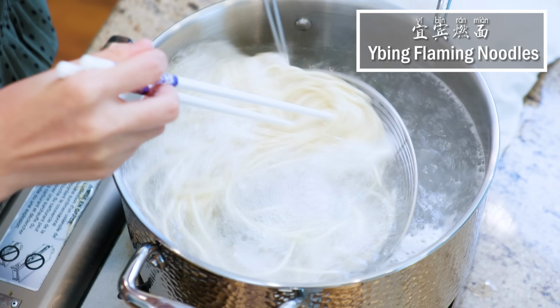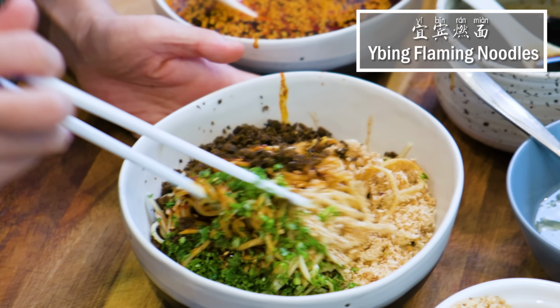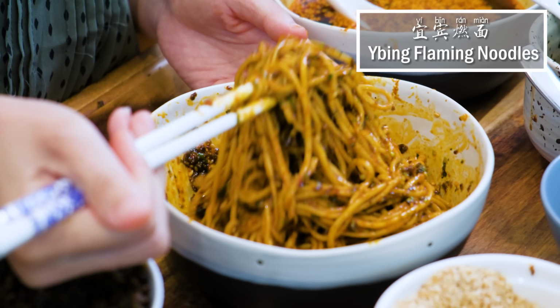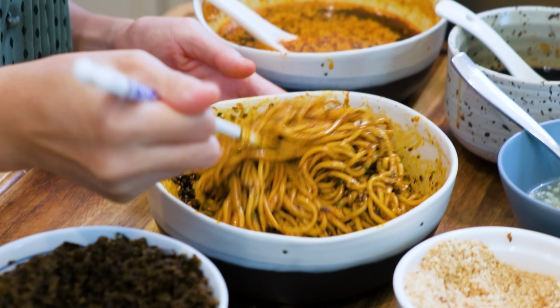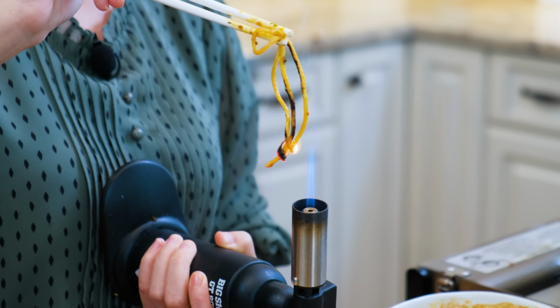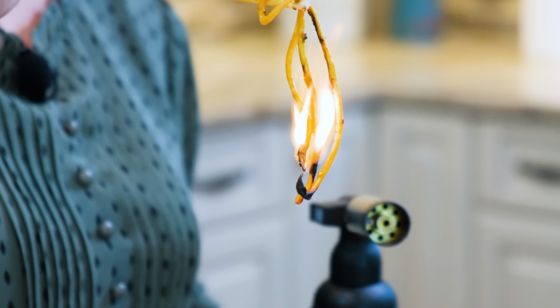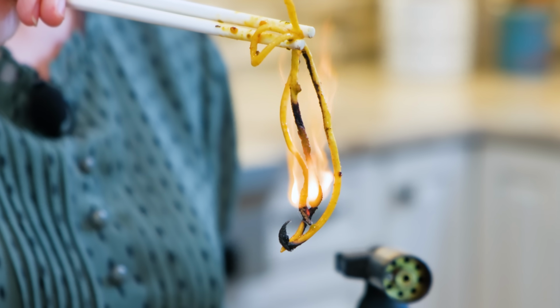Today we're making yipping ramen, translated as flaming noodles or burning noodles. Sounds really spicy, but that is not how it got the name. These noodles are very special. In the old days, people would light it up as a wick for kerosene lamps. That's the name origin. I think this is the most delicious noodle dish, so it's worth giving it a try,